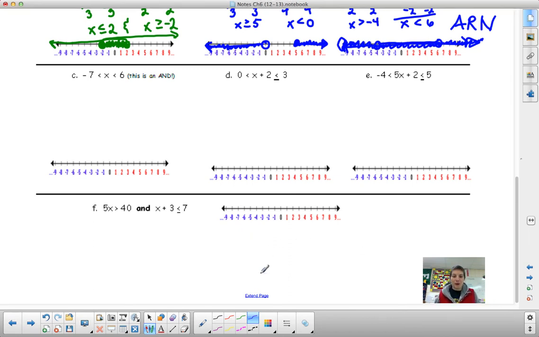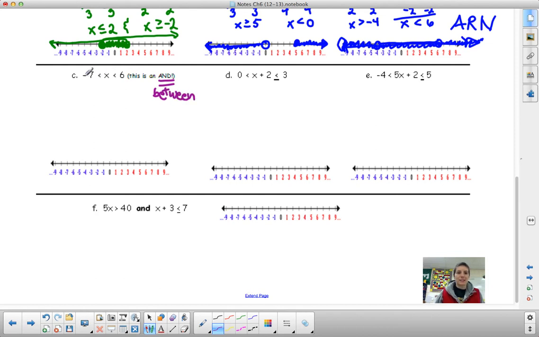All right, so the second part of 6.4 is over these problems with an and statement given just a little bit differently. And I want you to notice here that problems C, D, and E have two inequalities in them. I like to call these three-sided problems. And when you see them, the first thing you should think is, oh, okay, this is a union, an and situation. They have to have things in common. And the easiest way to look at this is that this is a between problem. So when you read it as between,